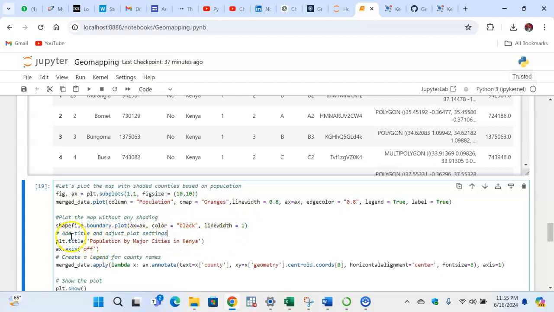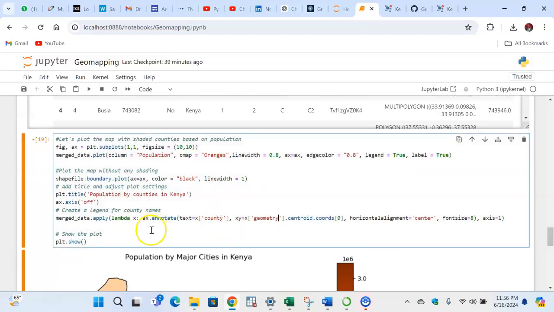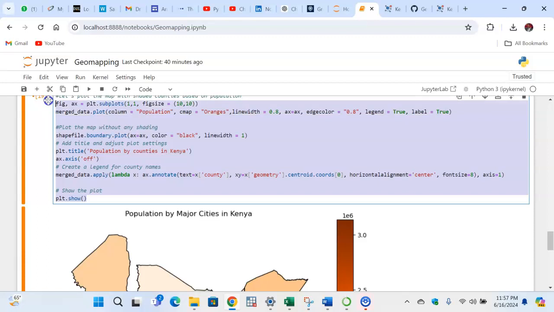Thereafter, the next thing is to add a title, and then just plot settings, trying to be a little bit fancy, and of course do the necessary labeling of the diagram. That is very important. Of course, population by major cities actually should be population by counties in Kenya. Then on the axis, please put it off. That is outside the map. That is what it means to say axis off. So after you create a legend, if you don't mind stressing yourself, just do the same way I did it. And of course, then if you run this,